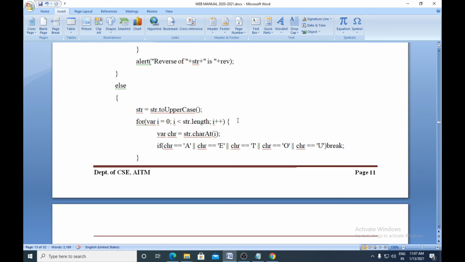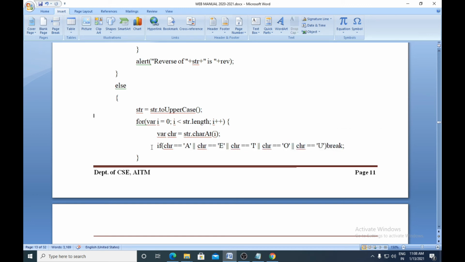Then that C I'll assign to the variable chr. Now in chr, which character do I have? I have the character C, uppercase C.